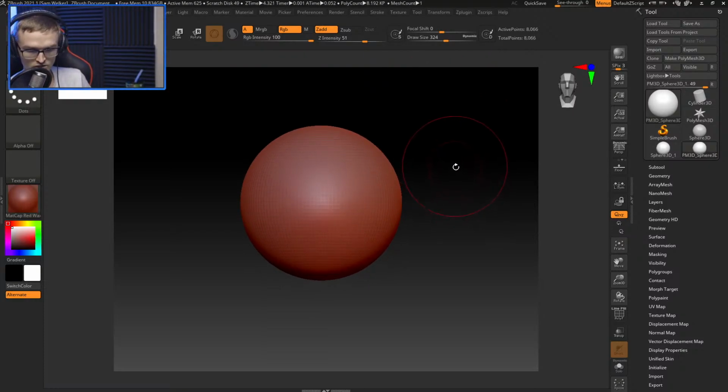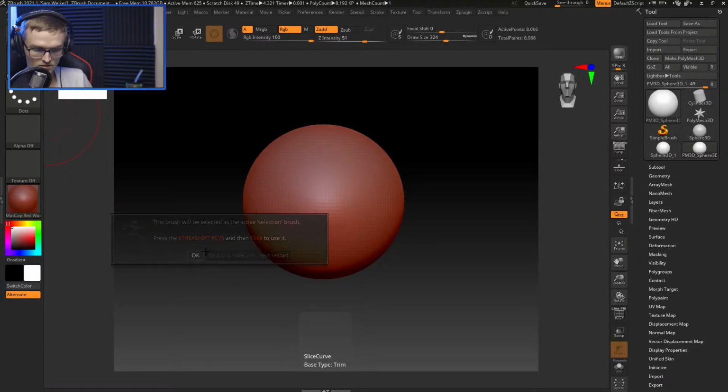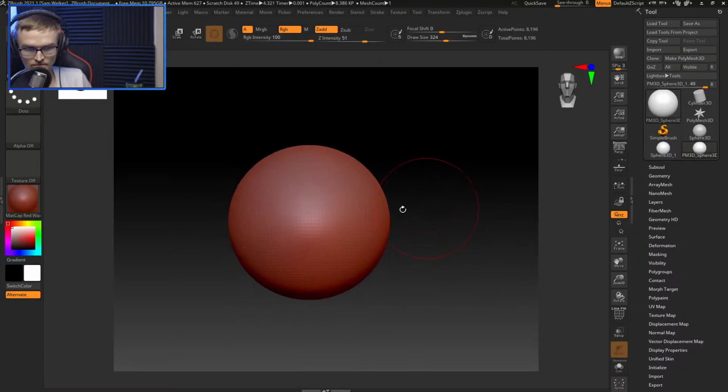That's how I know to use ZBrush. Let's hit X. Okay, so let's see. I want to start with a slice tool. So let's grab a cutting tool. Let's see, slice, I think it is. Slice rectangle. I don't want slice rectangle. I want slice curve, I think. So that is Control Shift. That should